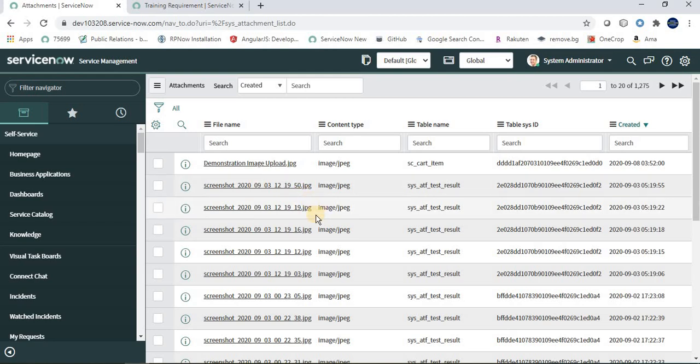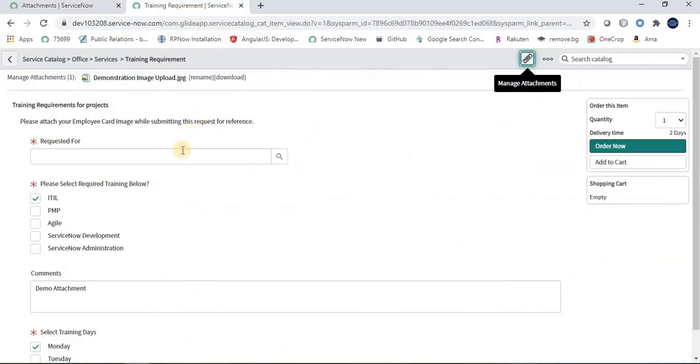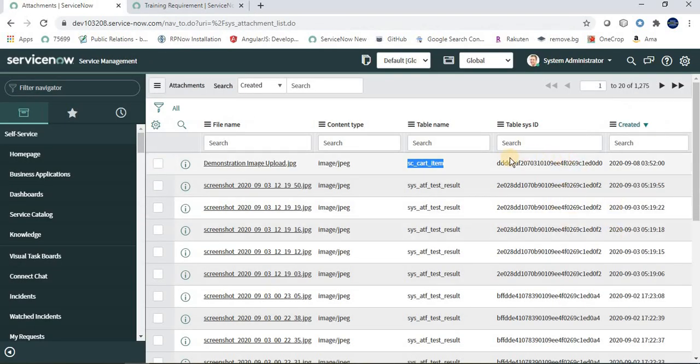So what we are going to do in coding is write a script include where first we will check on the server whether that catalog item, meaning this table, is having that attachment or not, because see, here we have the table sysID. This is basically a record sysID, or we can say the GUID of this particular record. Okay, so we can identify whether the particular record of this table is having the attachment or not. This we are going to do in a script include because this is a server-side call, right?